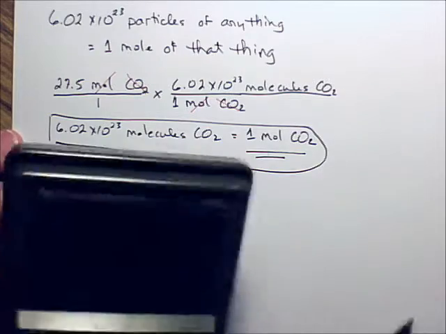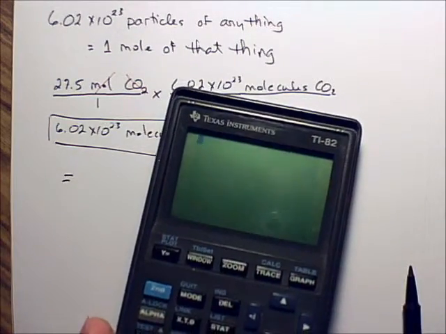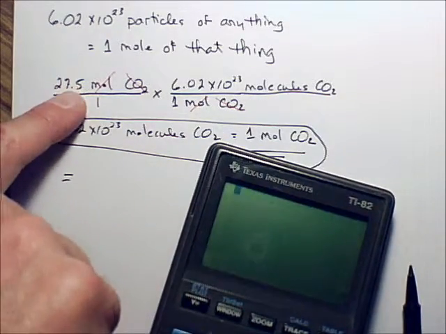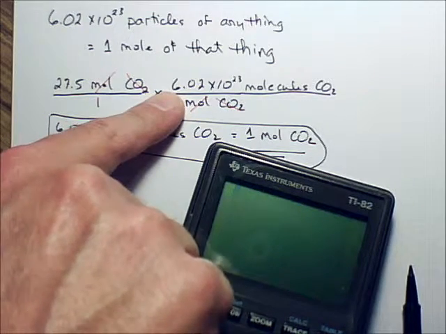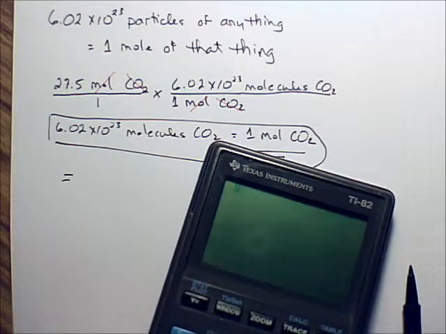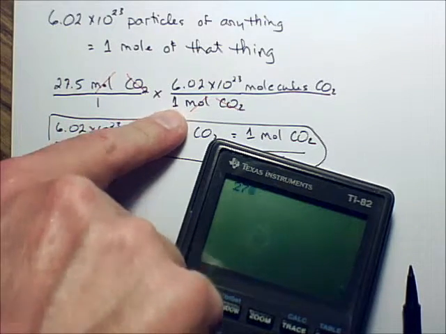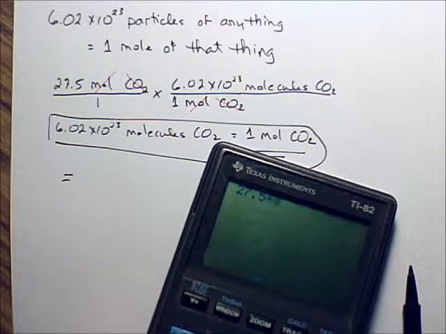So I need my calculator. Yeah, an old school one. So our numbers are across the top. Therefore, we're going to multiply. All right? When do you divide? Whenever you have something on the top and something on the bottom. 27.5 times